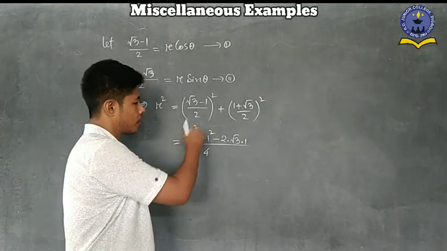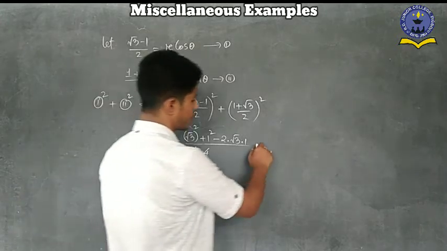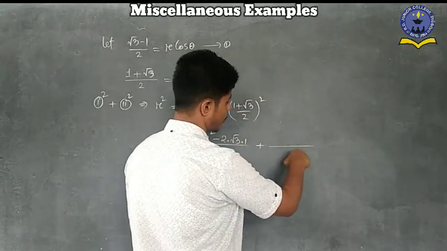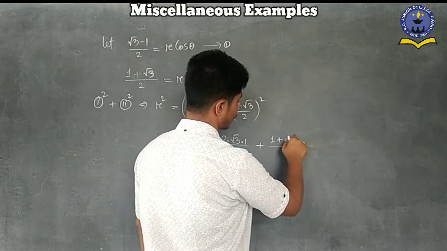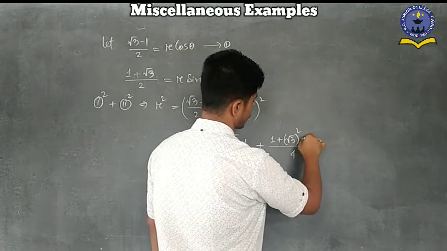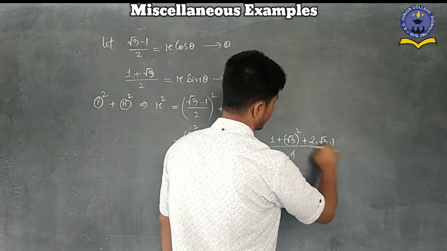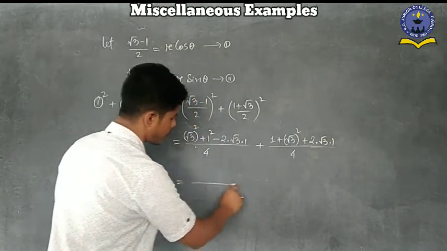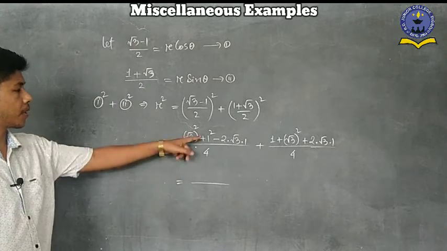So if you understood this one, then you can directly write here. No need to write in this way. So next one is here plus, second one is here 2 square means 4. Then this one we have to write (1 plus root 3) whole square plus this one we have to write 2 into root 3 into 1. Is it clear? (a plus b) whole square form. So now in this case, if you see this result, root 3 whole square means 3, 3 plus 1, 4.